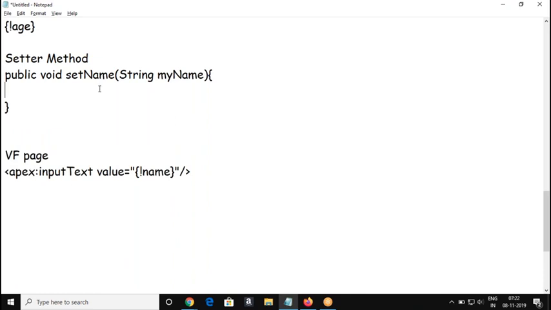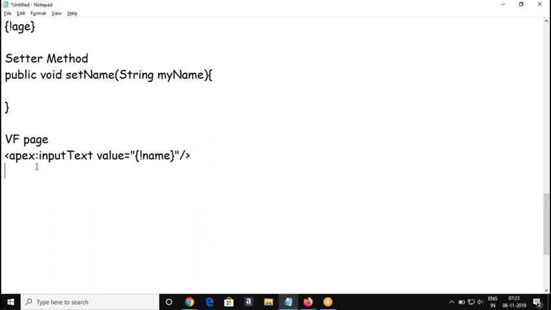Inside which you have logic to get this name and assign to some variable. You can have any type of logic. But the method is referred with the set keyword in front of it. Or what is the other format?